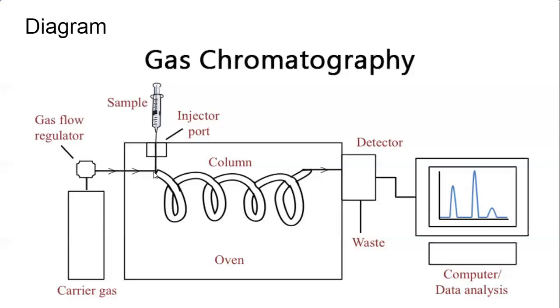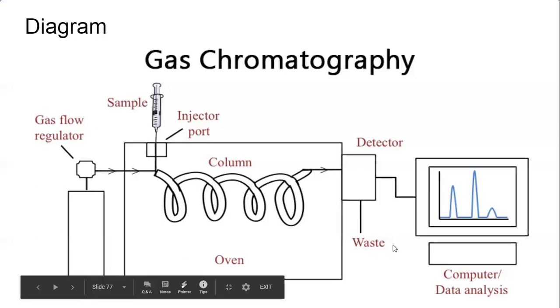Through this we pass the gas along with the components. The components show different affinity towards the stationary phase. The component which has a lower Kd value has more affinity towards the stationary phase. So that will come out with the carrier gas first, and then it will be introduced into the detector, and here we collect it. It is not waste, so here we collect that first sample in this detector.